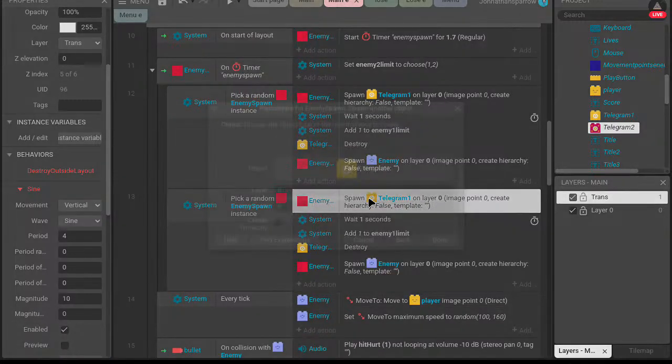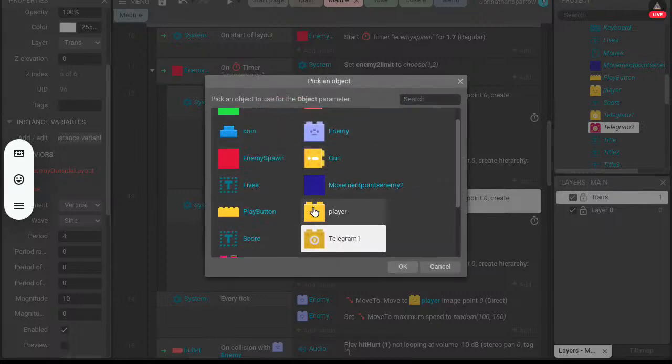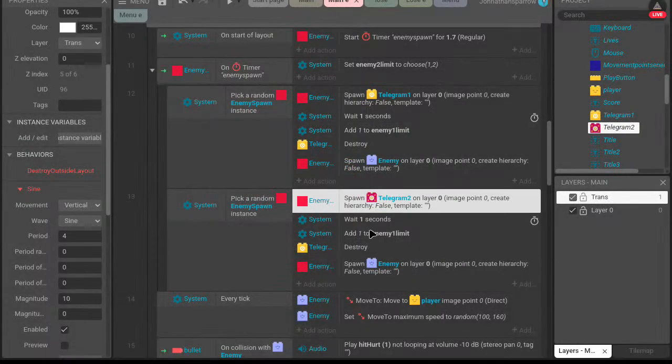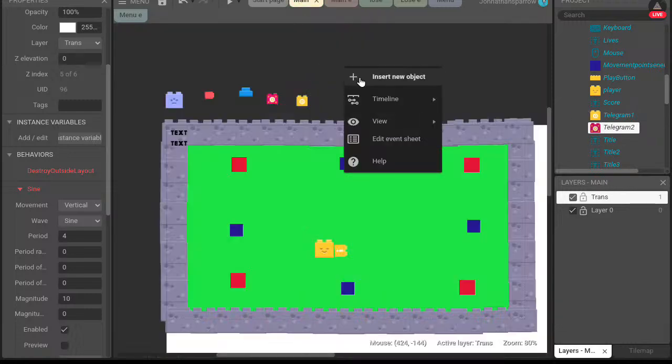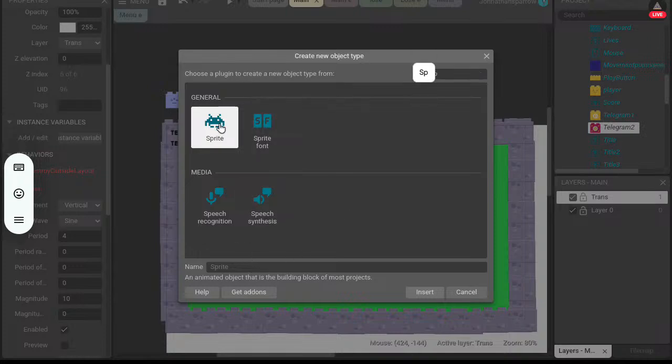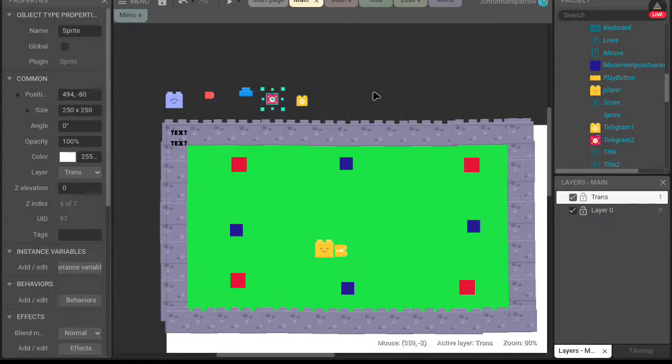Alright, have it. And I'm gonna create the new enemy, so sprite, insert sprite.